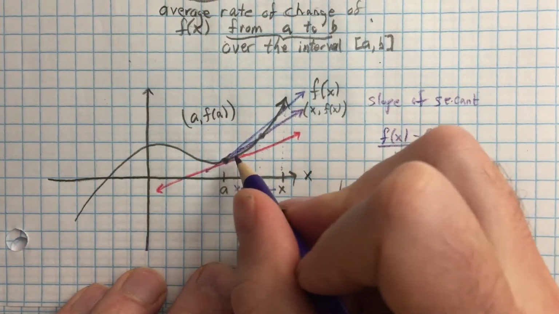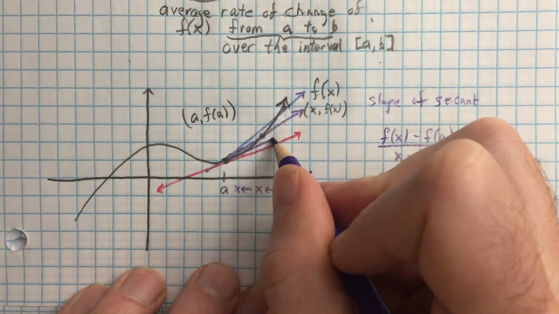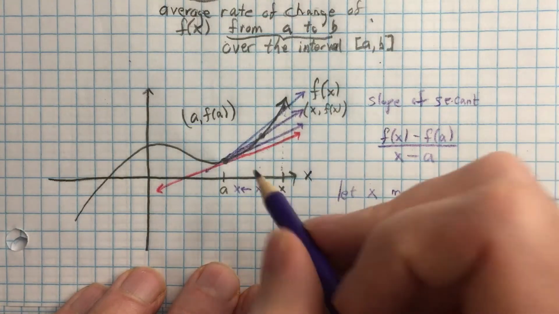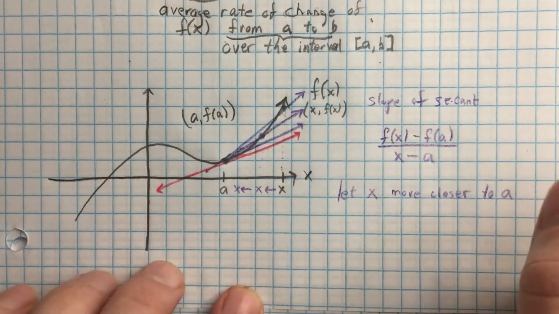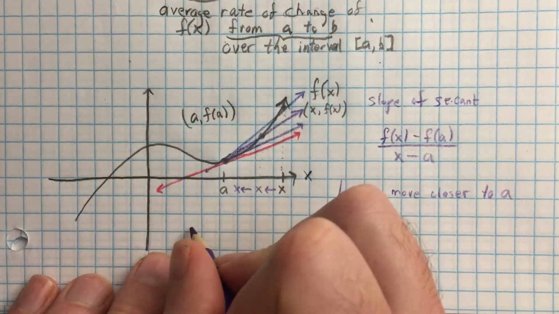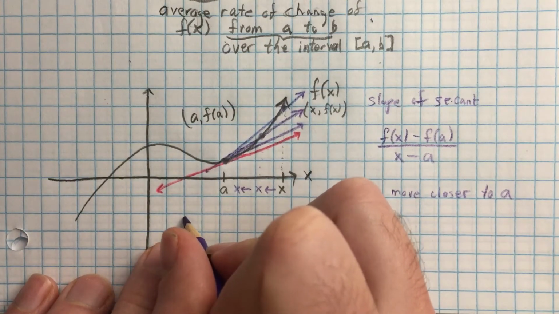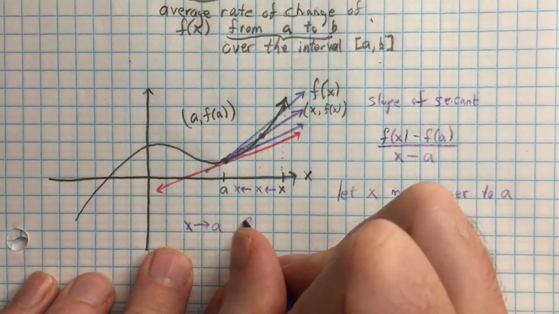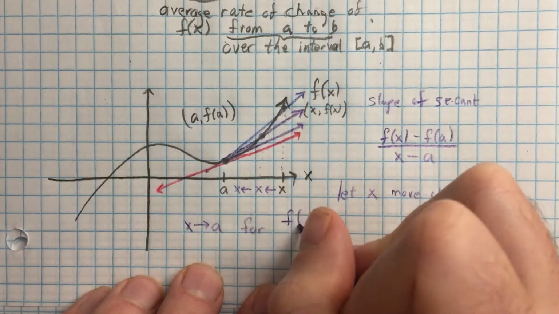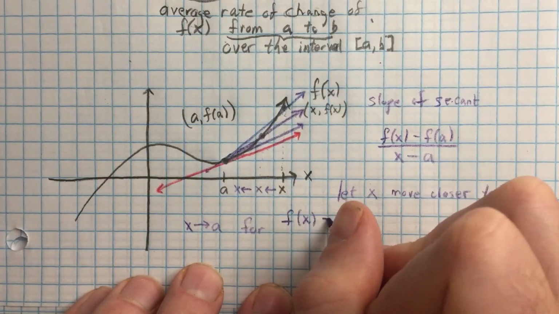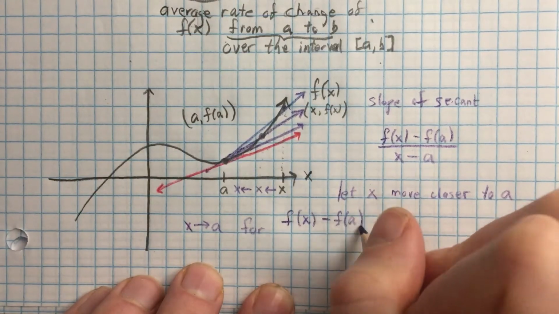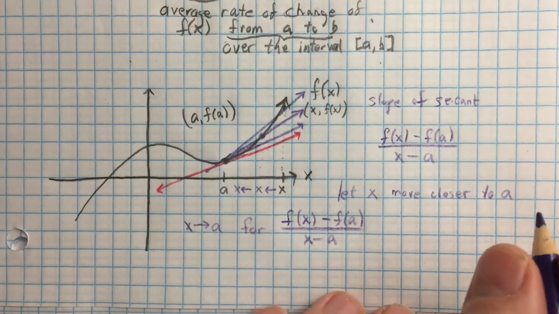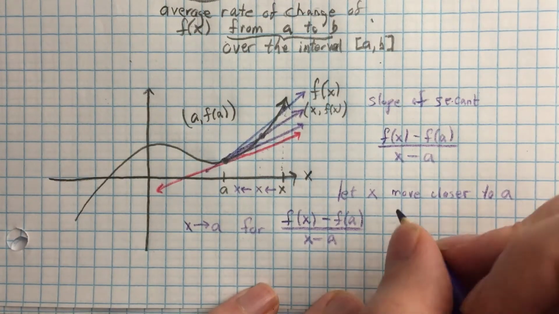that will yield another new secant line with a new secant slope, which will be getting closer and closer to acting like, to becoming the slope of the tangent line. So therefore, it seems like if we let x approach a for the slope expression f of x minus f of a over x minus a, if we let x approach a for this expression,